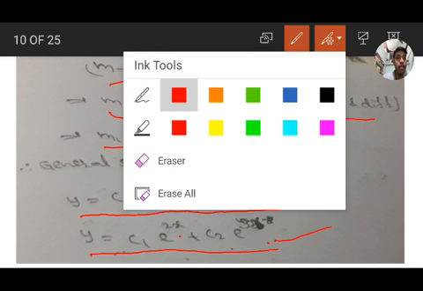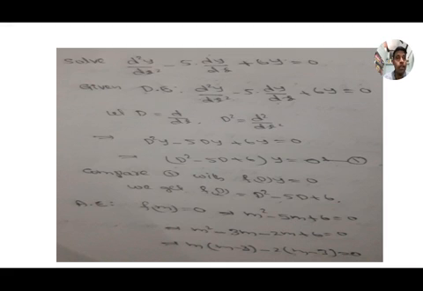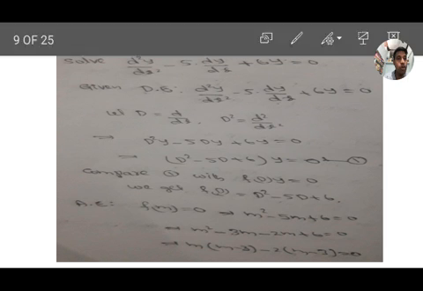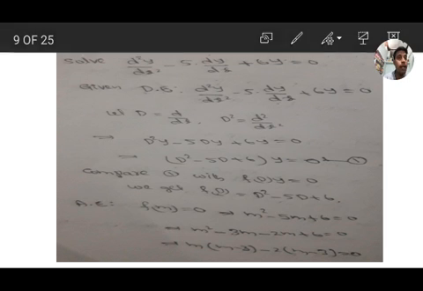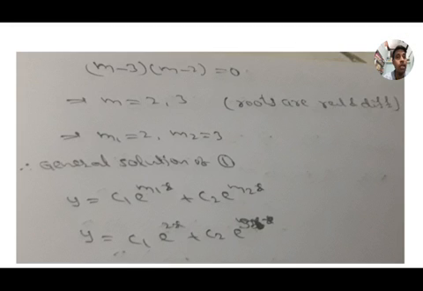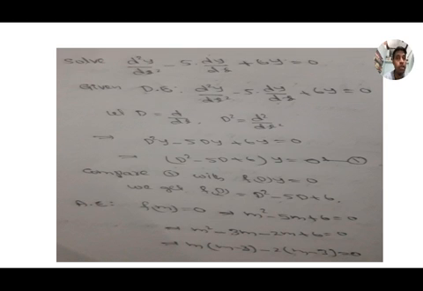So we did three steps here. First, symbolic form, then the auxiliary equation, and solving the auxiliary equation, we got the roots. Depending on the nature of the roots, here real and different, we write the general solution of the equation. Write down the problem. Next we will move to the next problem.